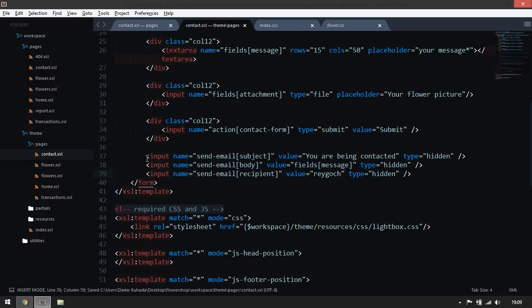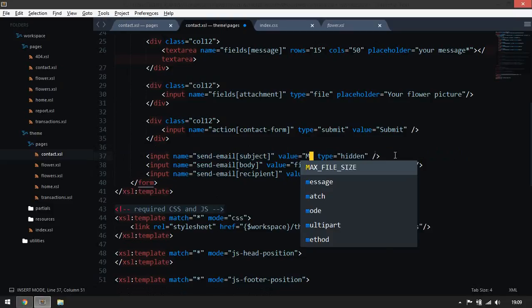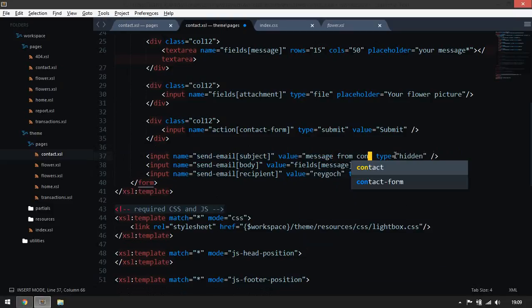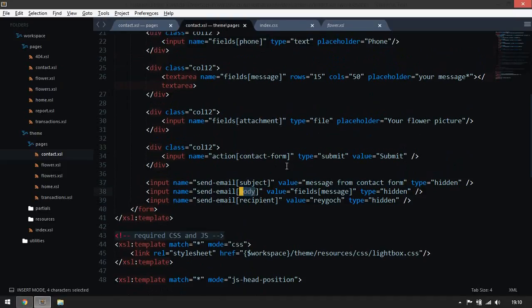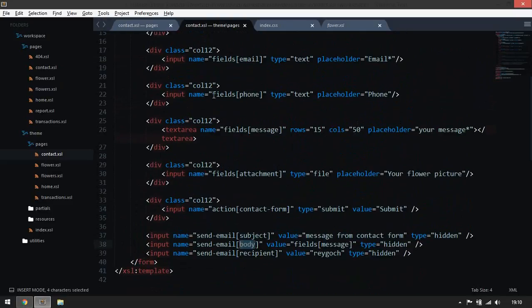There we go. So now I've added these hidden fields to my form, and basically I'm saying, you know, send email with the subject of this value. So we can just say message from contact form, and now we need to define which field will actually be the body of our email. So for example, if we want a phone to be in the body of our message, then we can just put phone here, and then the phone will be sent as the body of the message, and then we can